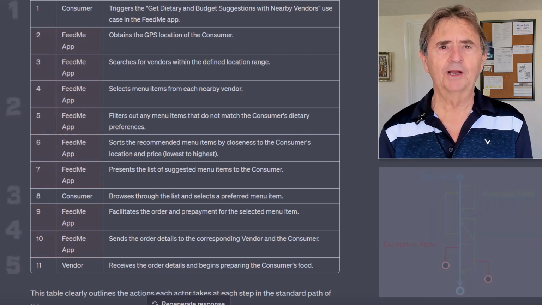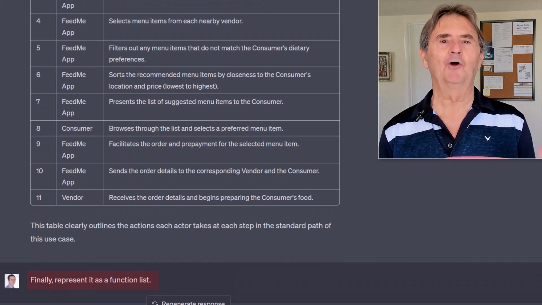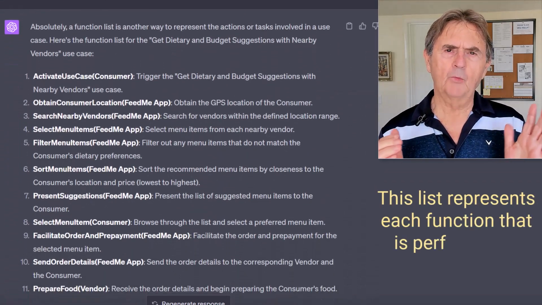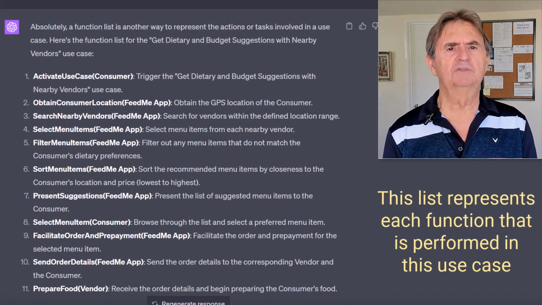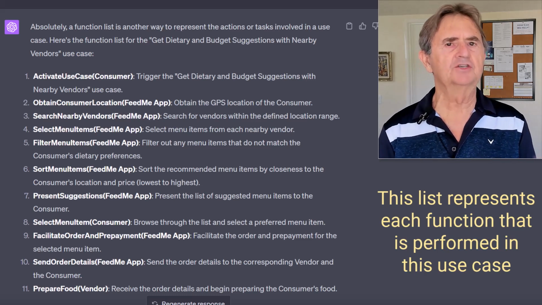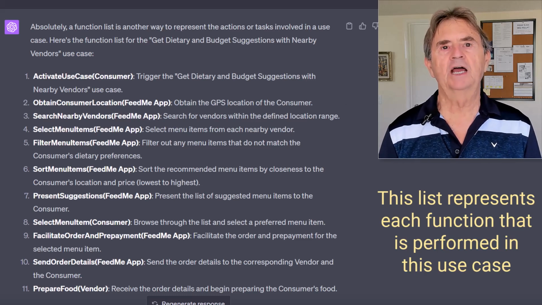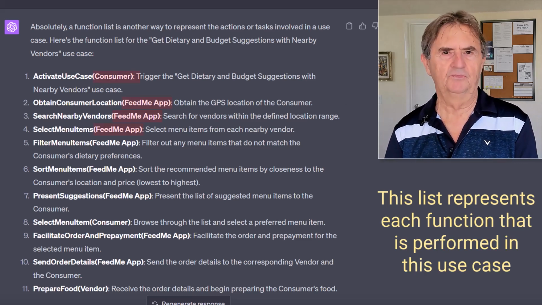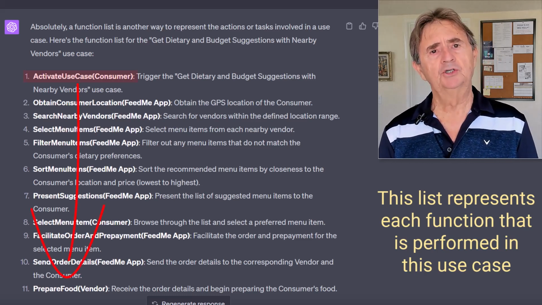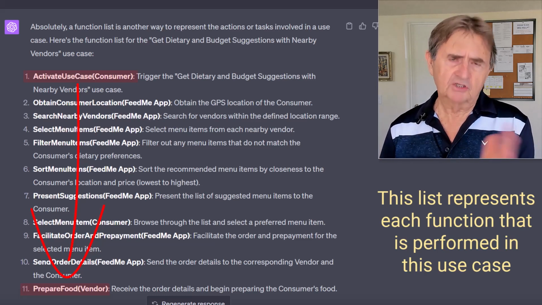So for our next magic trick, let's turn the standard path into a function list just by asking ChatGPT for it. This list represents each function that's performed in this use case, providing a clear overview of the tasks and their sequence. But you can see there's no indication of interaction here. It just adds the parentheses to show who does it. But from activate use case by the consumer to prepare food by the vendor, it is a certainly reasonable sequence